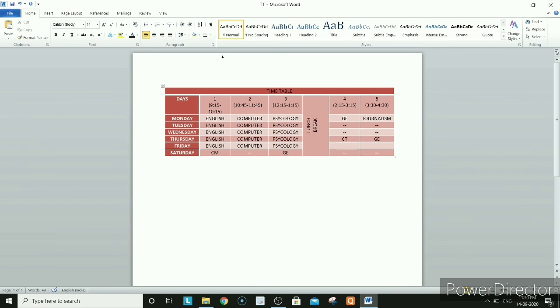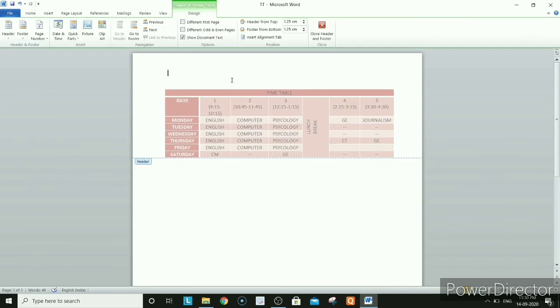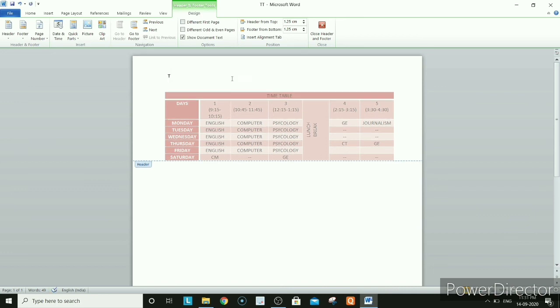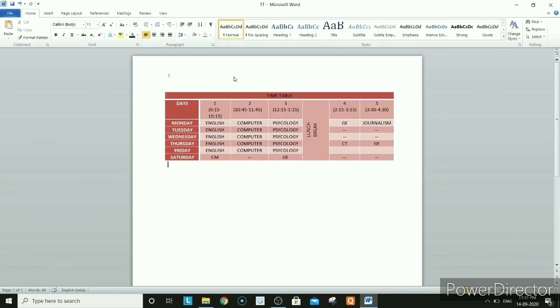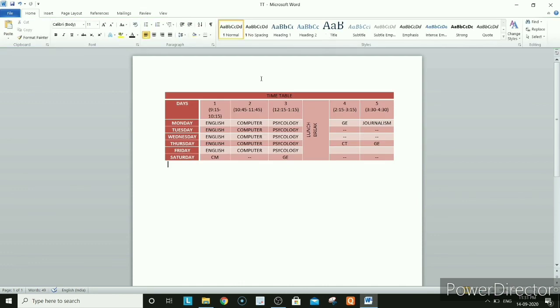Like this you can create the table. Now you want to give the heading. In this table, to give a heading, you make it a little bit down. Then you give the heading here in table, or it is coming as header. So okay, close it down. Click on this, you make it down.